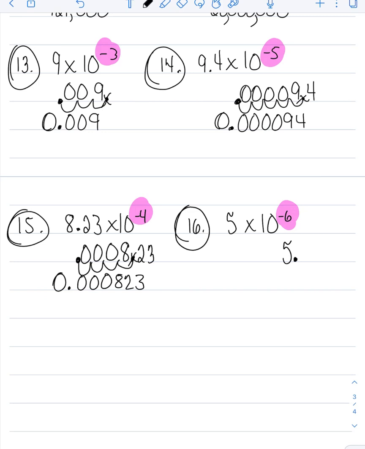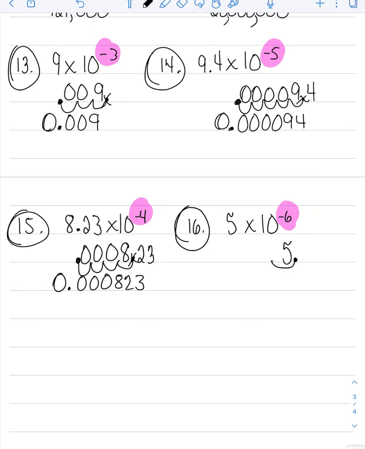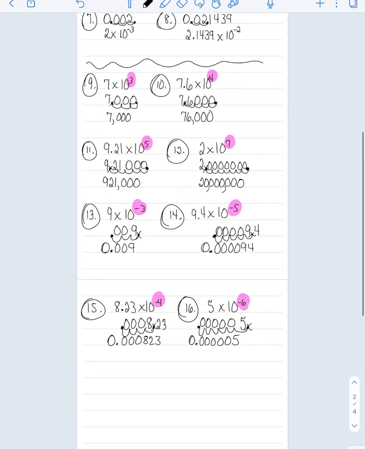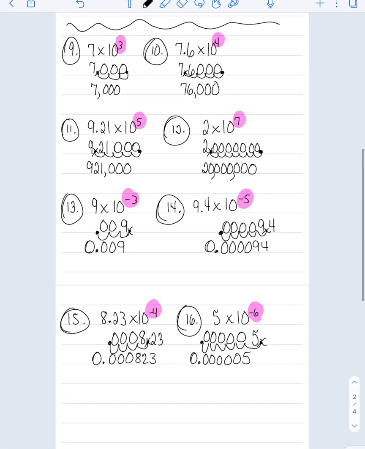Negative 6, negative is to the left because it's small numbers, and 6 jumps. 1, 2, 3, 4, 5, 6. Let me fill all those in. So in standard form, I have 0.000005. So be sure to use your notes to help you with your practice, and I'll talk to you all